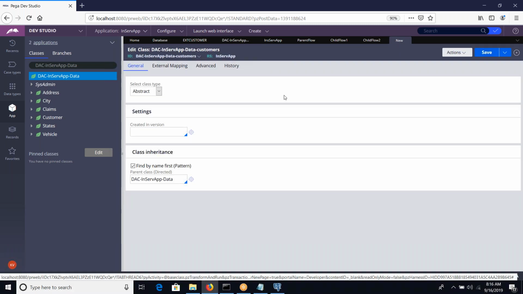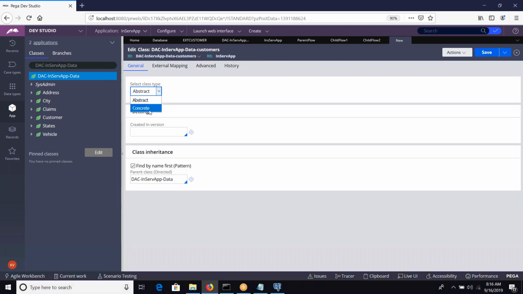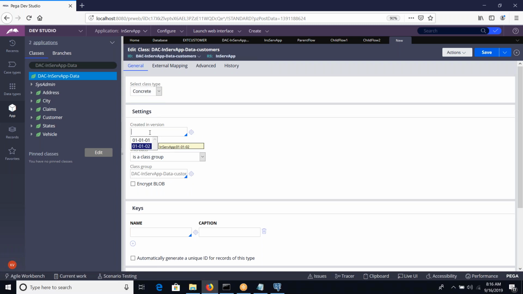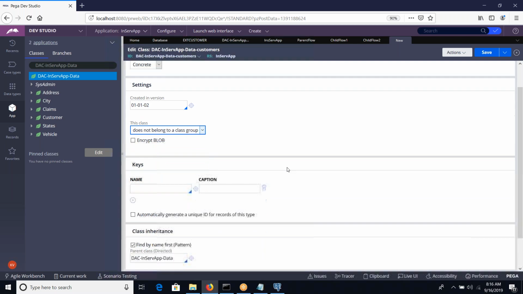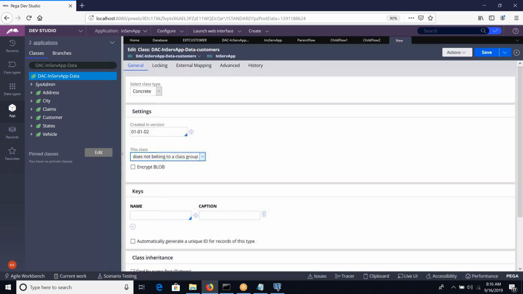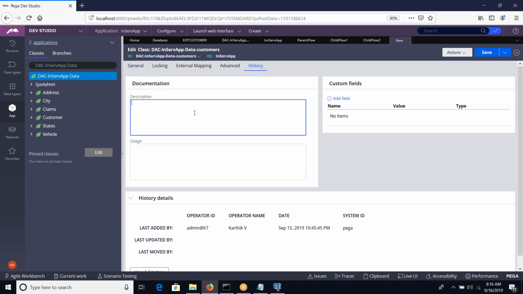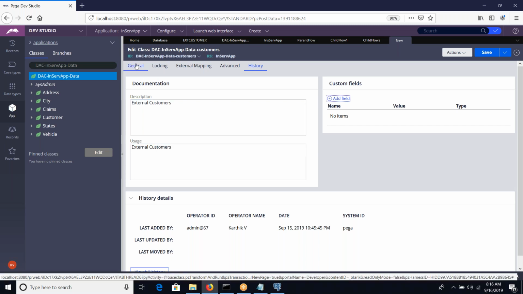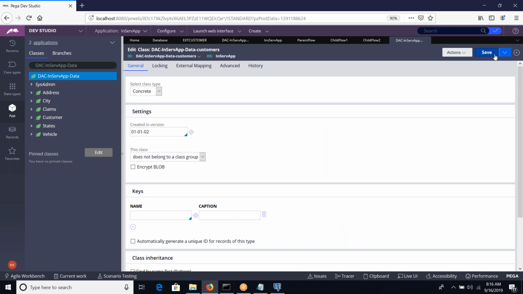Click on create, concrete, latest version, does not belong to class group. Save it. So now we have successfully created